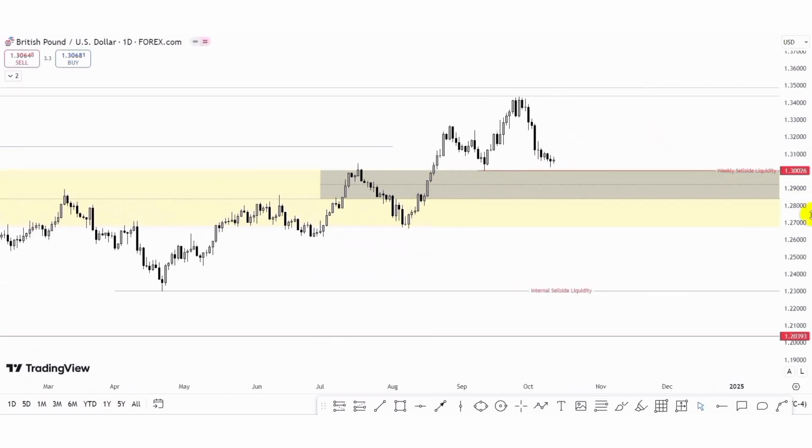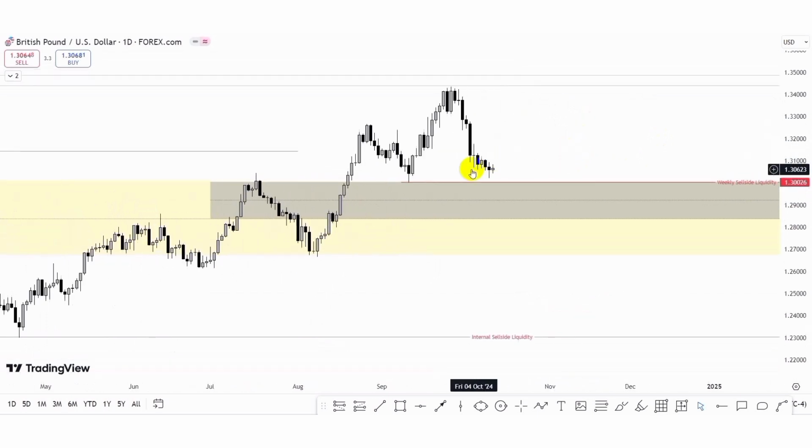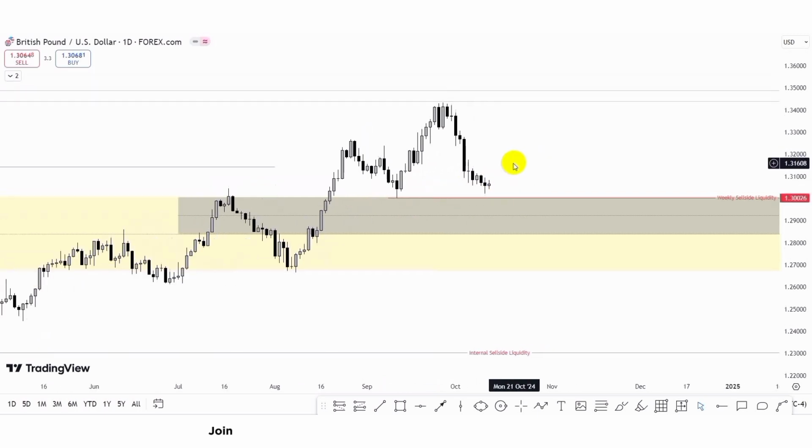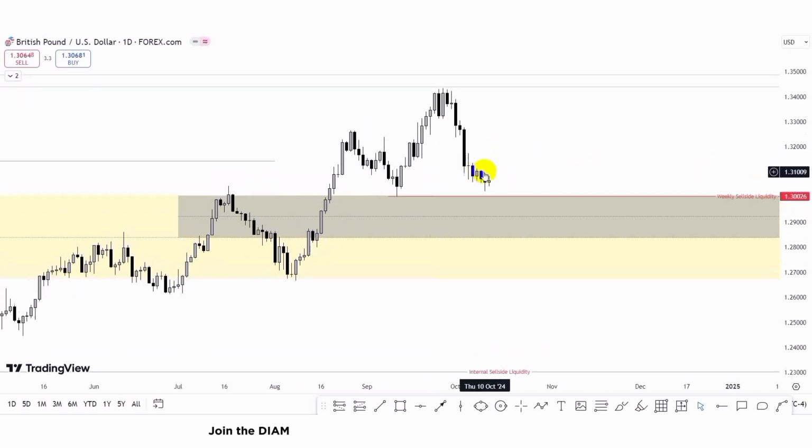So here's the daily time frame in the GBPUSD. So you can see how GBPUSD moved last week. The price action is really a bad one. So we are still expecting to see that price will take out the sell side liquidity. So I'm still expecting more downward price movement for price to take out this sell side liquidity, and then we begin to frame the bullish move. So I can't really identify a valid zone here in the daily time frame to expect the possibility of a pullback and then the fall.